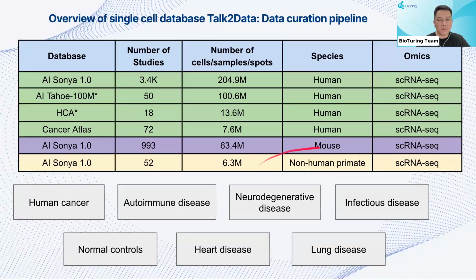So this is the overview of the single cell database Talk2Data, with data curation. For Talk2Data, we recently have single cell data from different species. We can see the majority of the data comes from human, and we also have data from animal models like mouse or non-human primate. This is the number of cells and number of studies. We can see there are 3.4 thousand studies curated